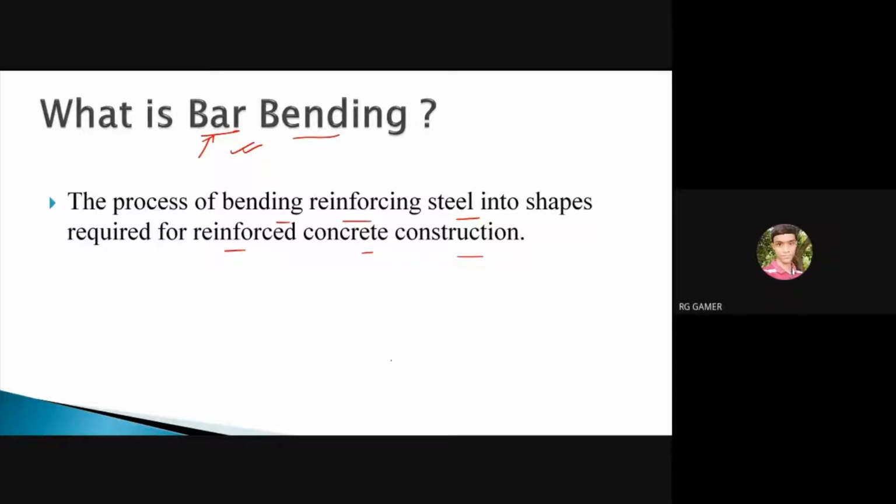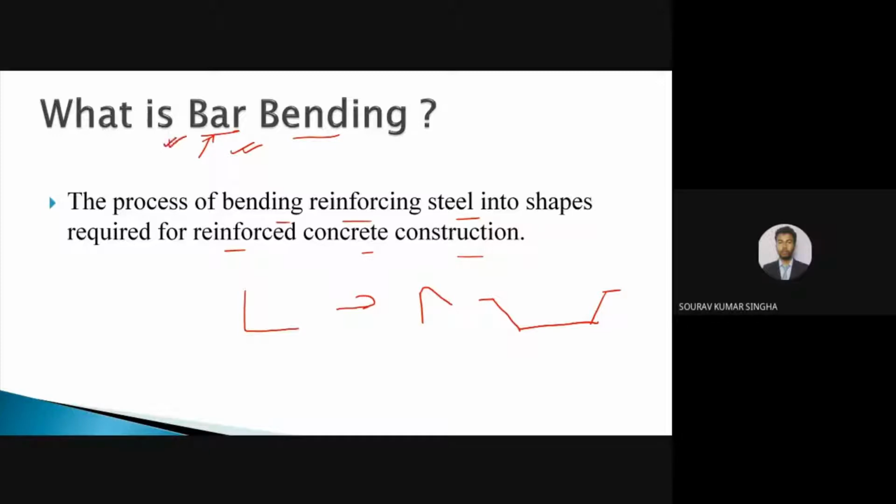I hope all of you have at least once seen the bending types of bar, maybe 90-degree bend, 180-degree bend, 135-degree bend, or 45-degree, that means in the case of crank bar. Many types of bar you have already seen in designing of RCC structure, as well as the bar bending schedule in the estimation and costing subject. We will see what are the details inside this. So this is only about the bar bending.